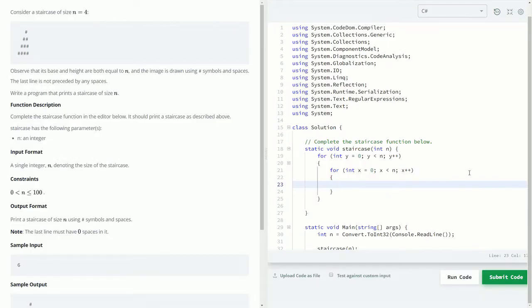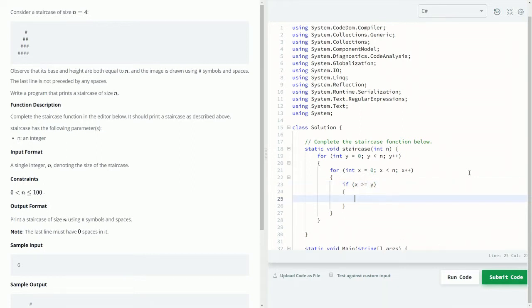So now all we have to do is, within this nested loop, decide whether or not to output a space or output a pound symbol. We output a pound symbol when we are within the area that we have described by x is greater than or equal to y. Having named these variables the same way that you would see them in a math coordinate system, we can pretty much just write exactly what we wrote in the math. If x is greater than or equal to y,